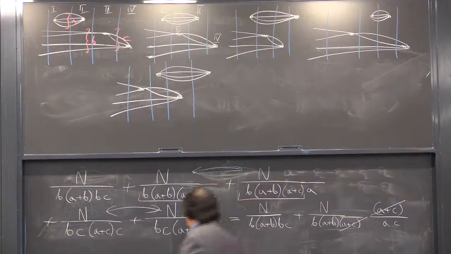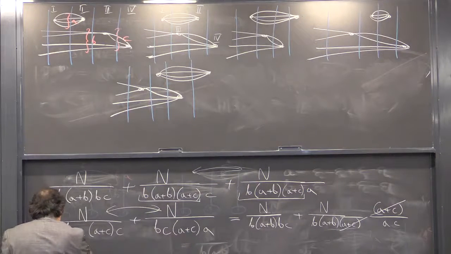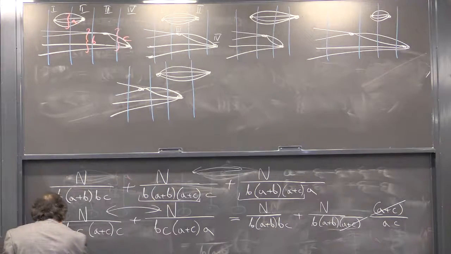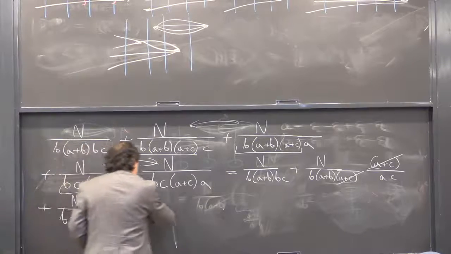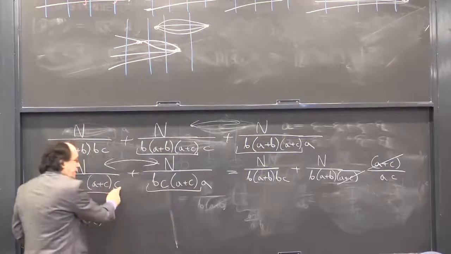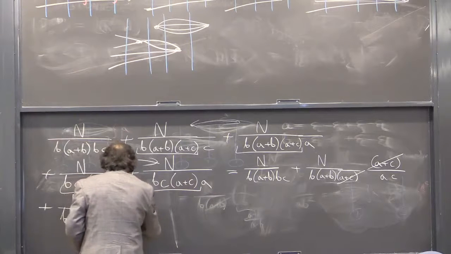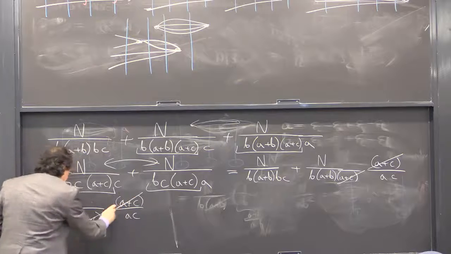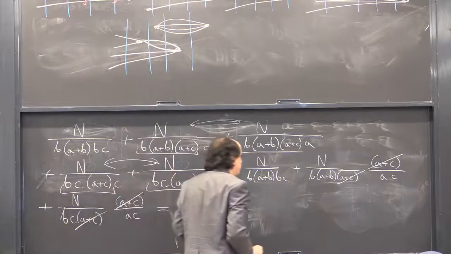And then when you look at the last pair, okay, you can see once again that they have a lot in common. They have B, C, and A plus C in common, okay, here and here. And then we have 1 over C plus 1 over A, which is A plus C over AC, okay? Again, there is a cancellation of the A plus C, okay? So now, when you continue,